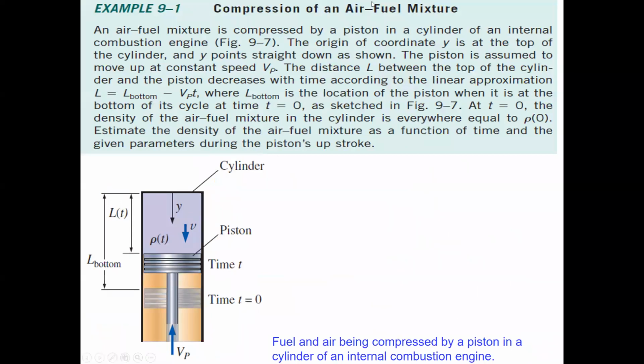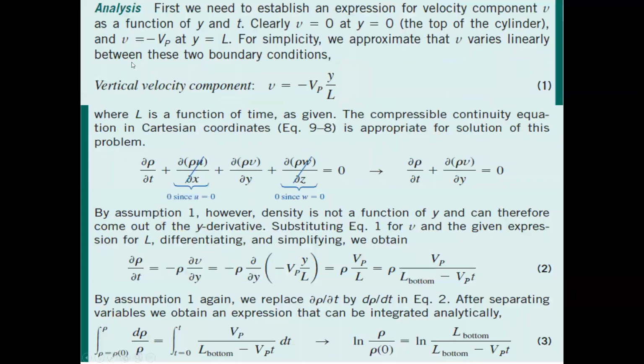An air fuel mixture is compressed by a piston in a cylinder of an internal combustion engine. Then one has to estimate how much of the fuel and air is being compressed by a piston in a cylinder of an internal combustion engine. How that changes, one has to work it out. This is the cylinder. This is the piston which is working. From time t equal to 0 to time t, how much pressure can build up. Analysis has to go with the velocity component, the same equations. Okay, I will leave it to you. Solve for this,